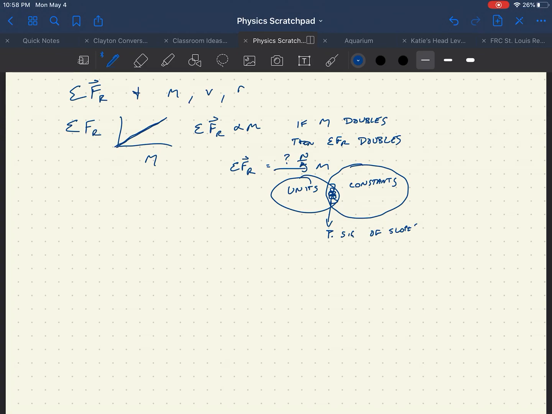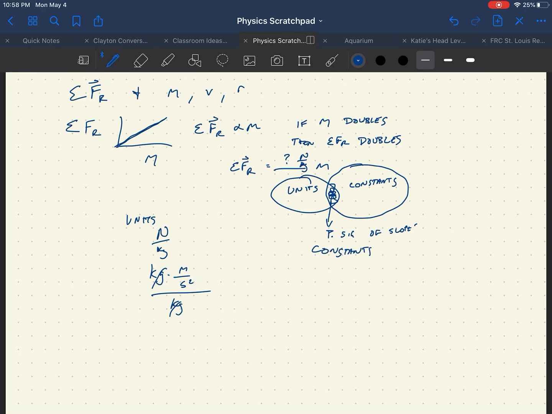We talked about how we have newtons per kilogram. Well, a newton is a kilogram meter per second squared, so this is kilograms meters per second squared per kilogram. Kilograms goes away, and you're left with meters per second squared. If we look at our constants, so here's our units over here. If we look at our constants,